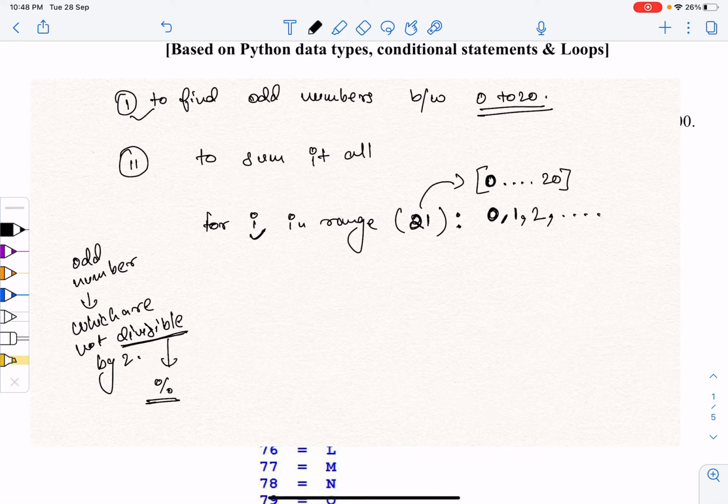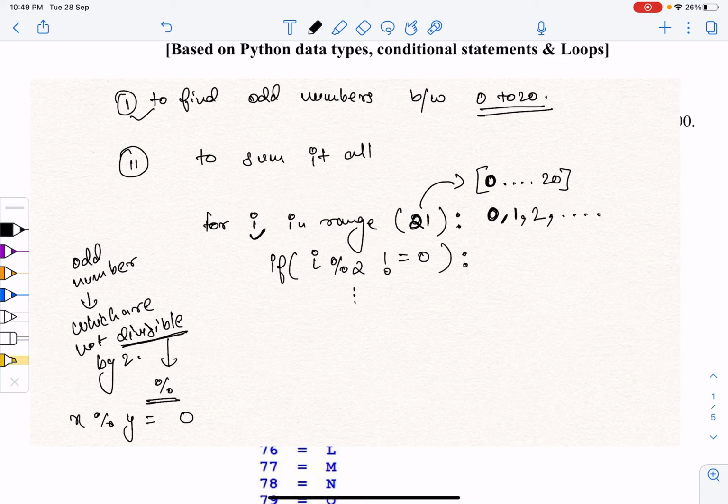If something is divisible by something, the modulus value comes out to be 0. So I can put an if statement saying if i modulus 2 is not equal to 0, then do something.